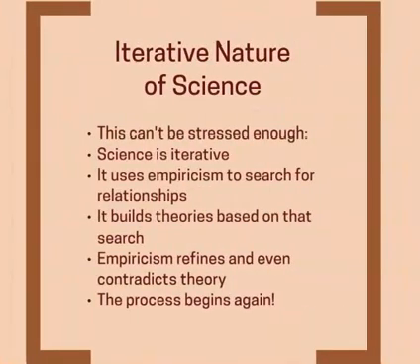In order to ultimately develop theories, one needs to continue to look for relationships, both causal and not. The process never really ends with the sciences. Science is iterative in nature, which means it keeps going on. There keep being more studies to look for more relationships to ultimately build theories. Ultimately, empiricism helps to refine and sometimes even contradict the theories that were once originally posited,